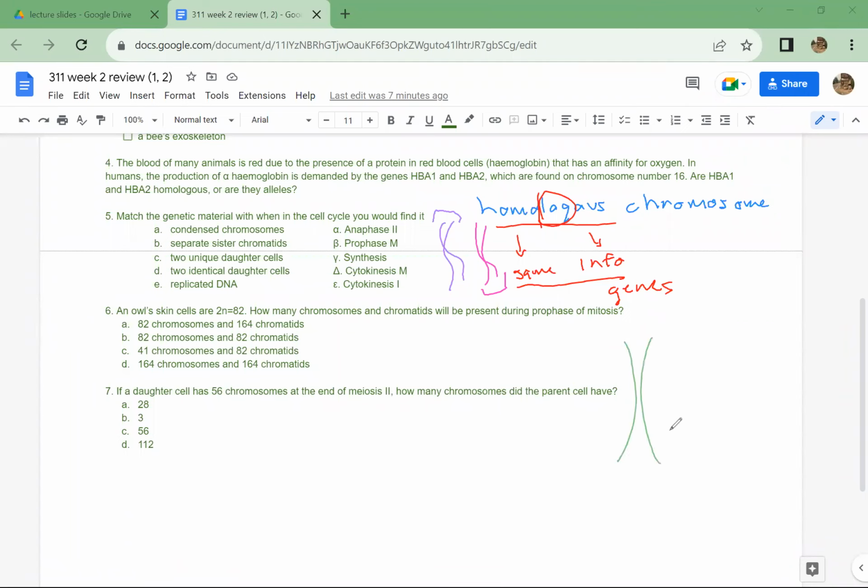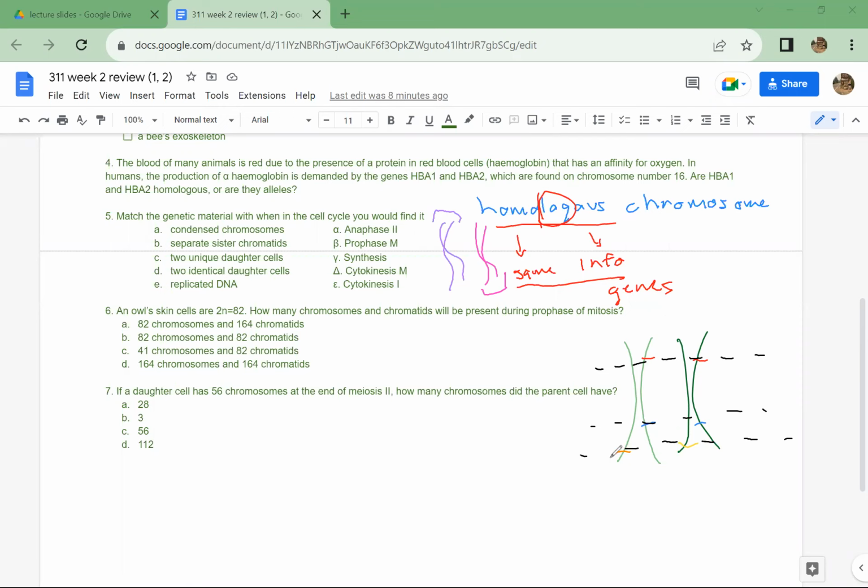So let's say we have these two chromosomes. I'm going to draw them both as green to convey that they have the same information. And we know that on chromosomes, we find genes. We have genes represented by these red lines, genes represented by these blue lines, and genes represented by these orangey looking lines. You might notice that they're not exactly the same color. So we have chromosomes and there are genes on them. And at different locations on these chromosomes,